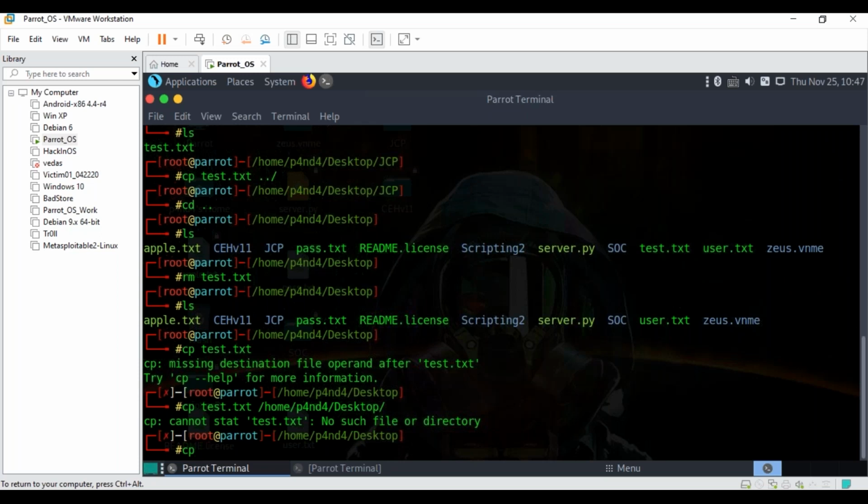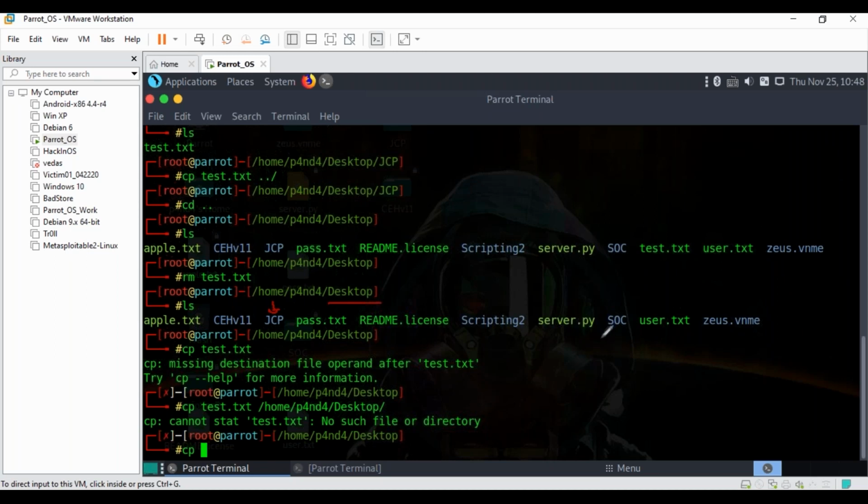and now look, one thing: my file is inside my JCP. Either I can write the whole path again. This is one way, isn't it? This is one simplified way, but it is very lengthy. So this is one way, pretty much fair and square.